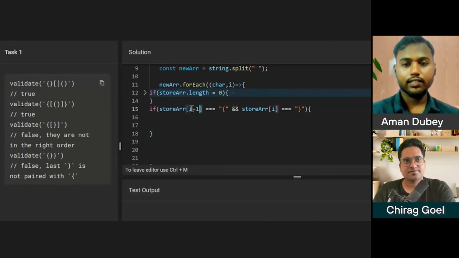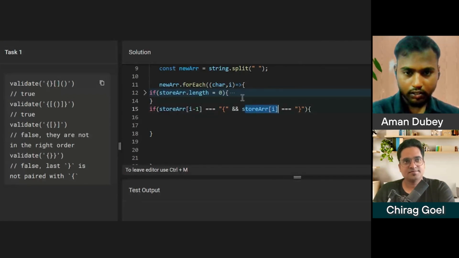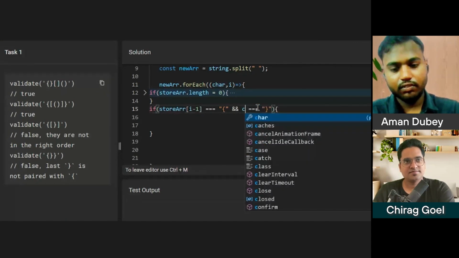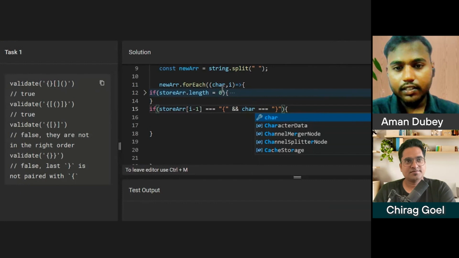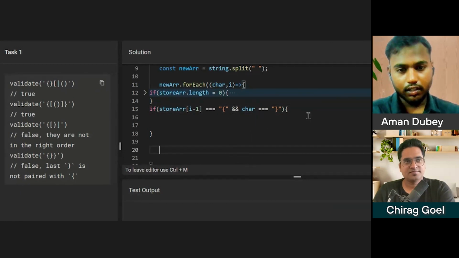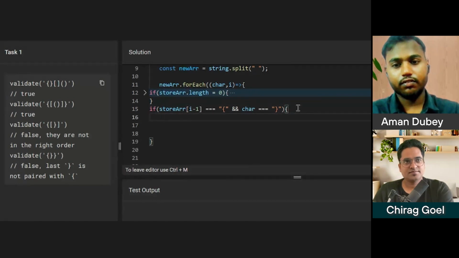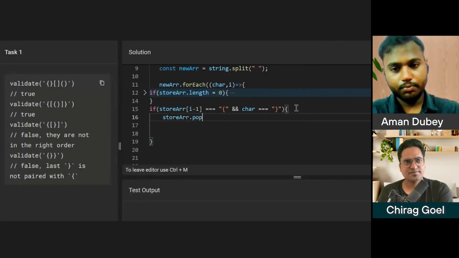I've accessed this value now, the previous one, and I've accessed the current value. So char is also that current value. If it is like this, we have to remove, store array pop.